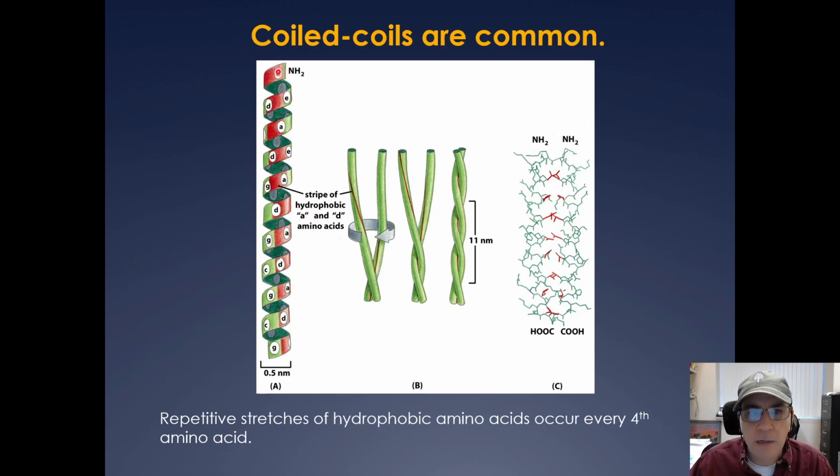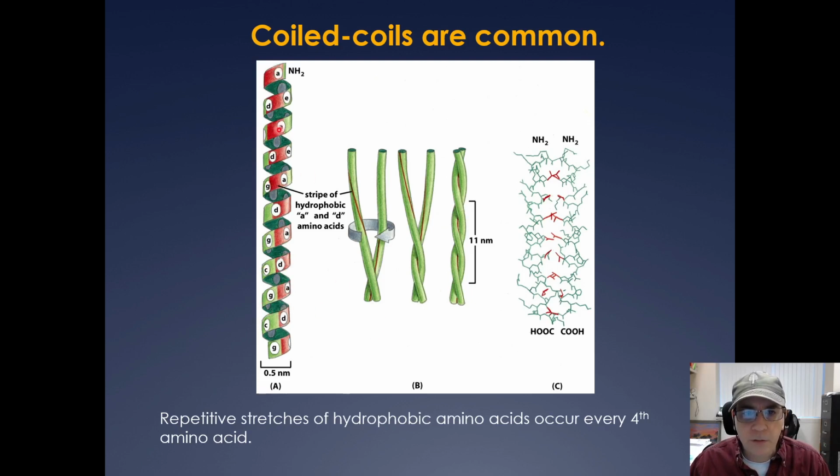Okay, so in this instance, it's called a coiled coil, and you have an alpha helix here, and every third or fourth amino acid is a hydrophobic,